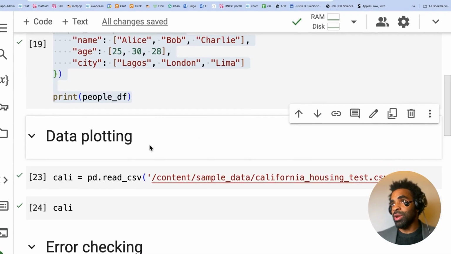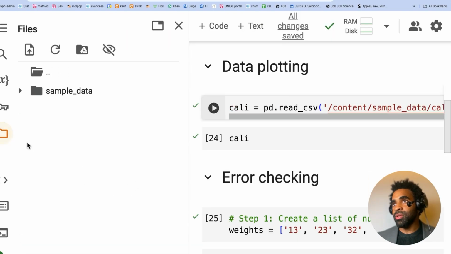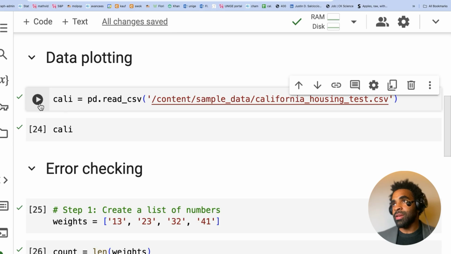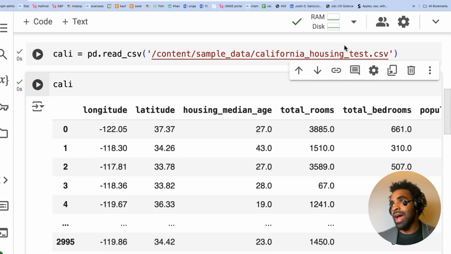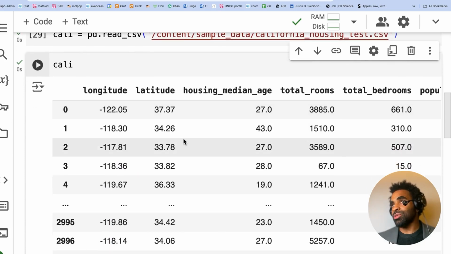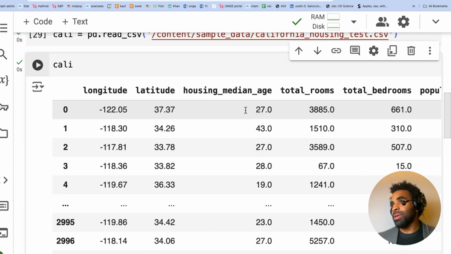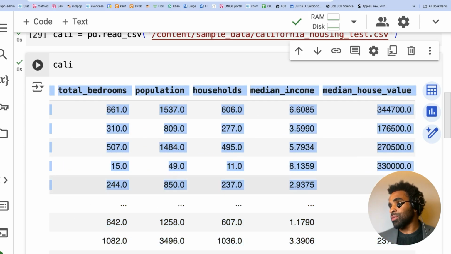Here on a Google Colab notebook, I've gone ahead and imported this Cali data, which is built into the Google Colab sample data environment. So I'm going to import that, and let's look at that Cali data. This is California housing data by longitude and latitude. And let's imagine I wanted to make a scatter plot of median income versus median house value. I could just copy the head of this data, the top, let's say 5 rows, and